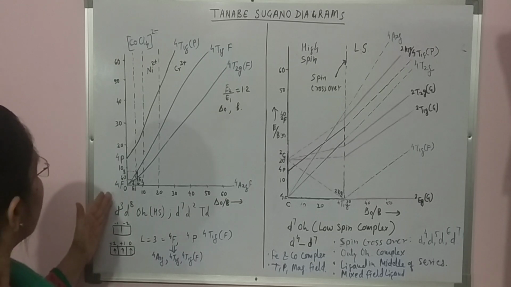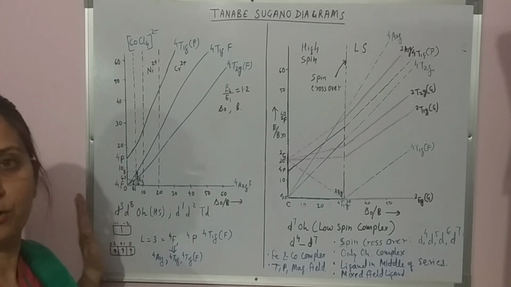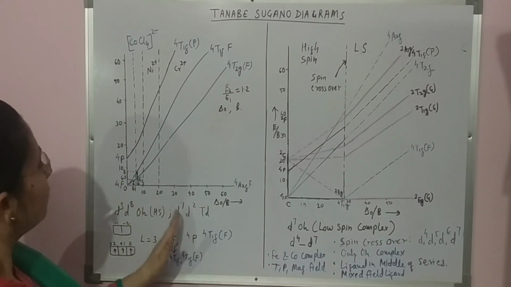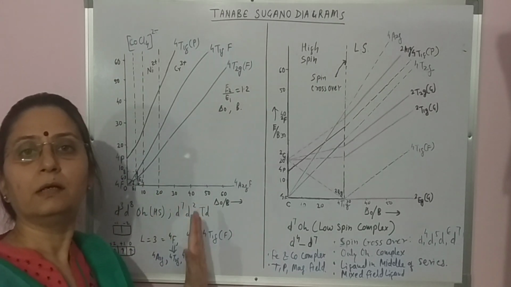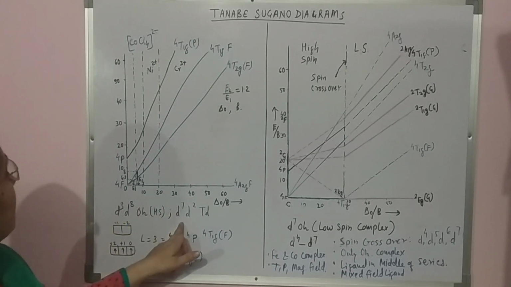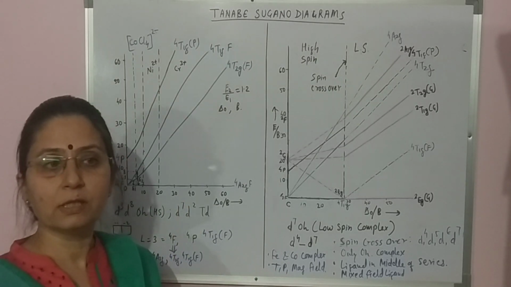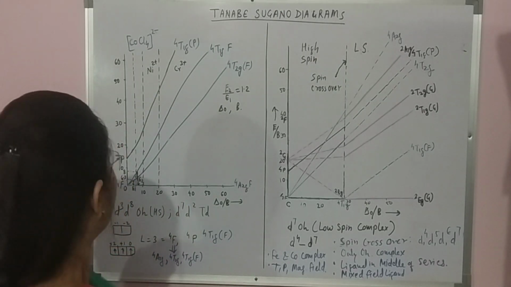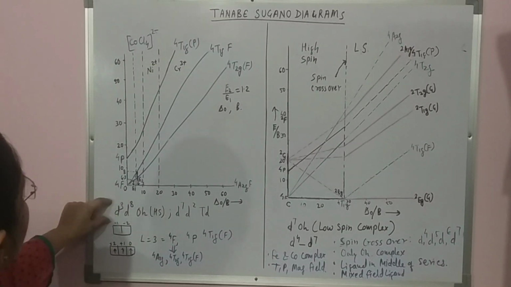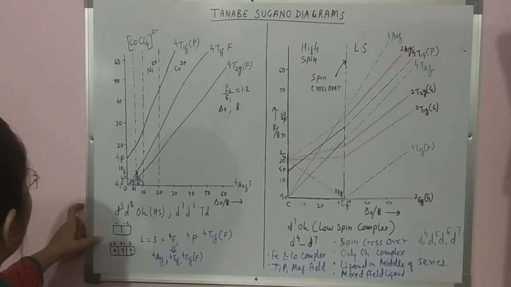If there is n number of electrons in an octahedral complex, then the same diagram will be given for 10 minus n in tetrahedral complexes. For that reason, if this is d3 and d7, and for d8, d2 tetrahedral complex will show the same TS diagram. So we take the example of the d3 condition to understand it in a simple way, and it will be easy to understand.